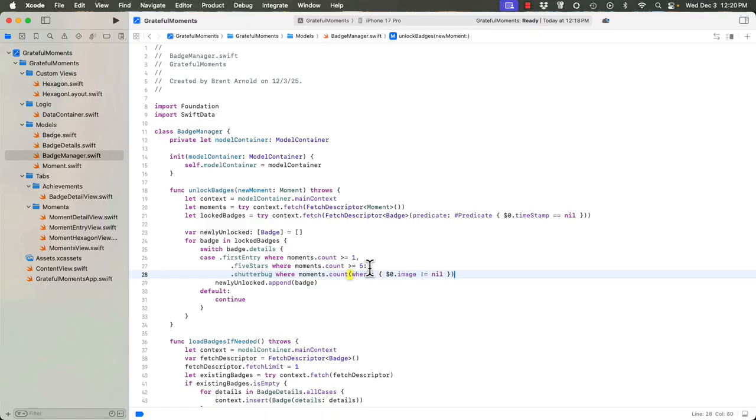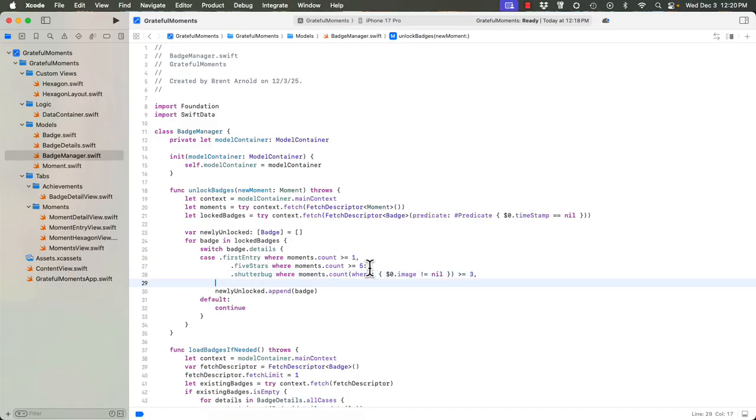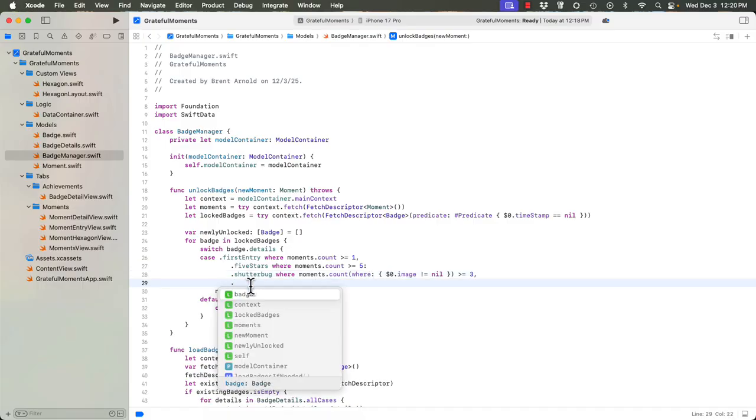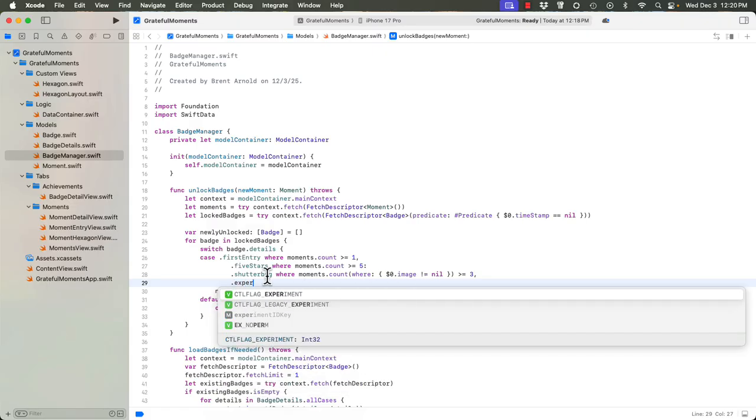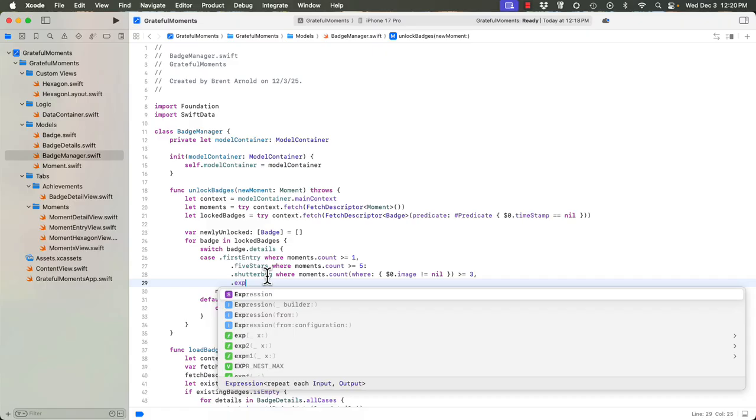And then we go over here, and we're going to say if this is greater than or equal to 3. So what that means is the shutterbug badge, if you have more than 3 moments with an image, then you've earned that badge. The next one is called expressive,